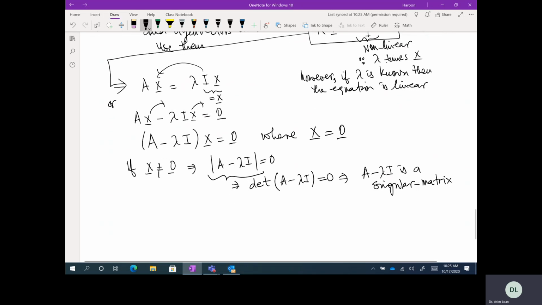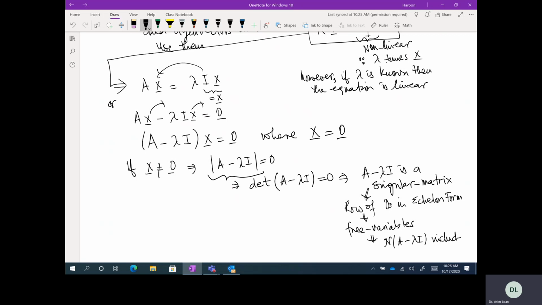A row of zeros in echelon form implies you have free variables, and this implies the null space of A minus lambda I